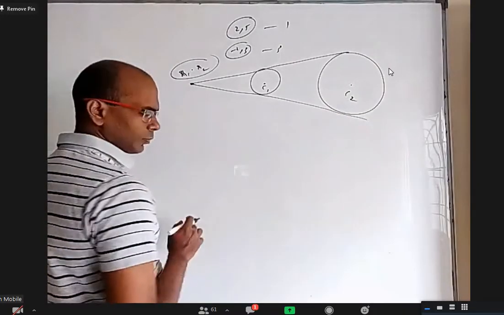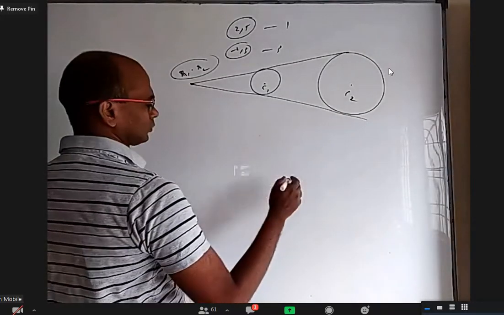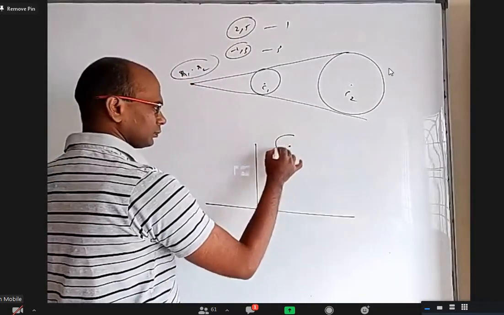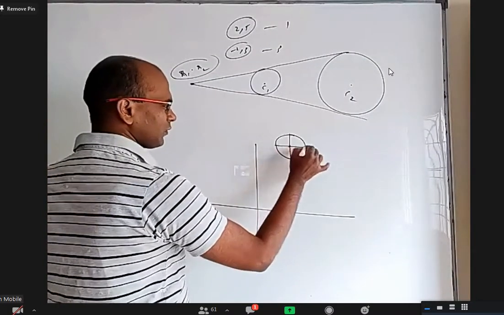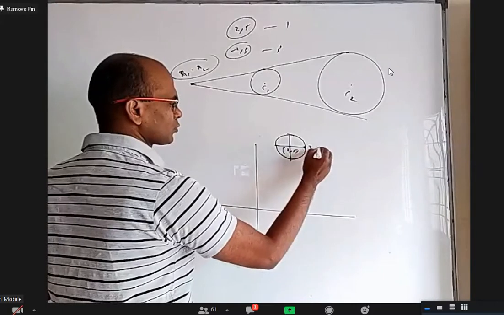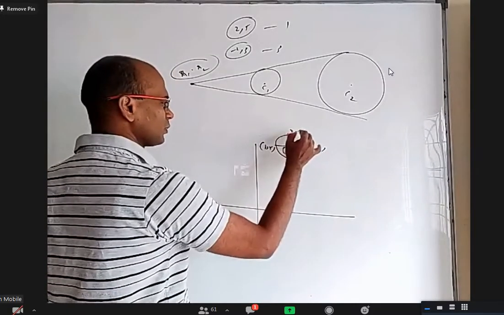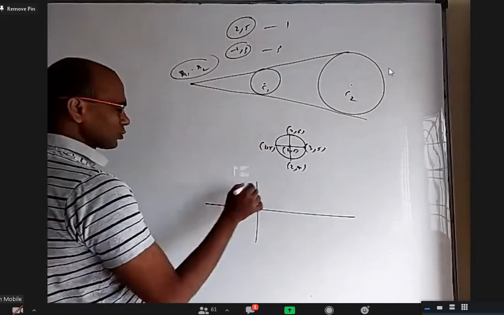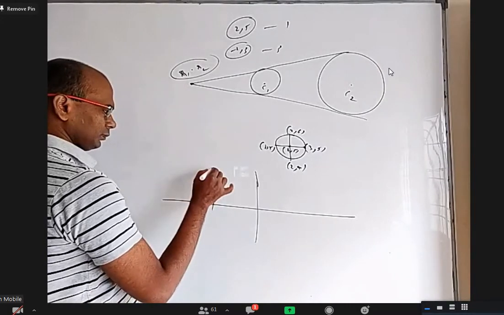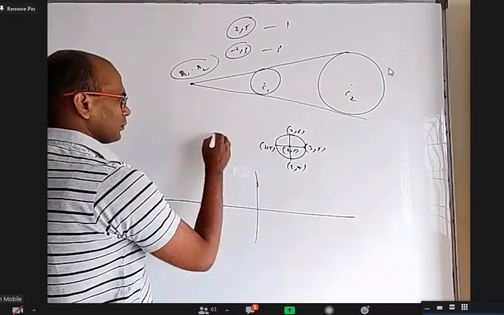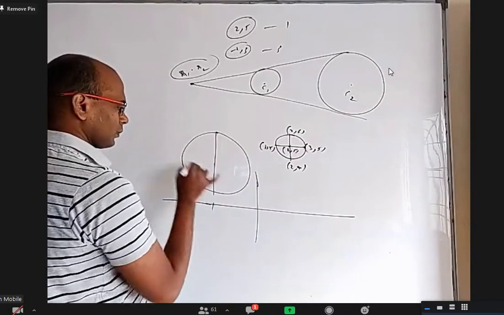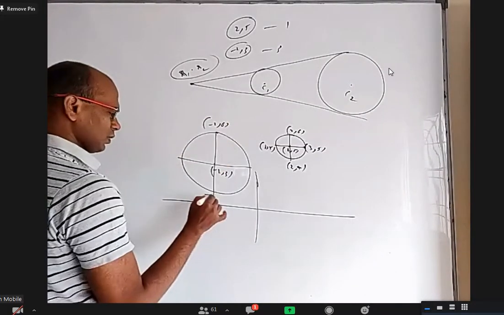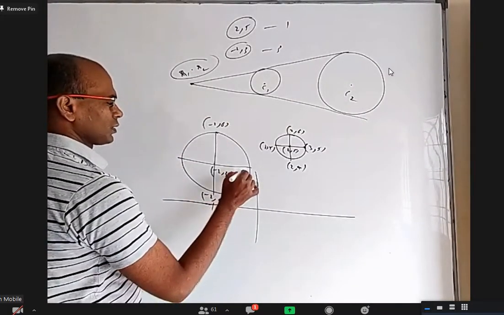Okay, let me do something about it. (2, 5) is here with a radius 1. I want to identify what are these 4 points: (2, 5), (3, 5), (1, 5), (2, 6), (2, 4). The other center (-2, 3) is somewhere here, with radius 3. The points are (-2, 6), (-2, 0), (1, 3).